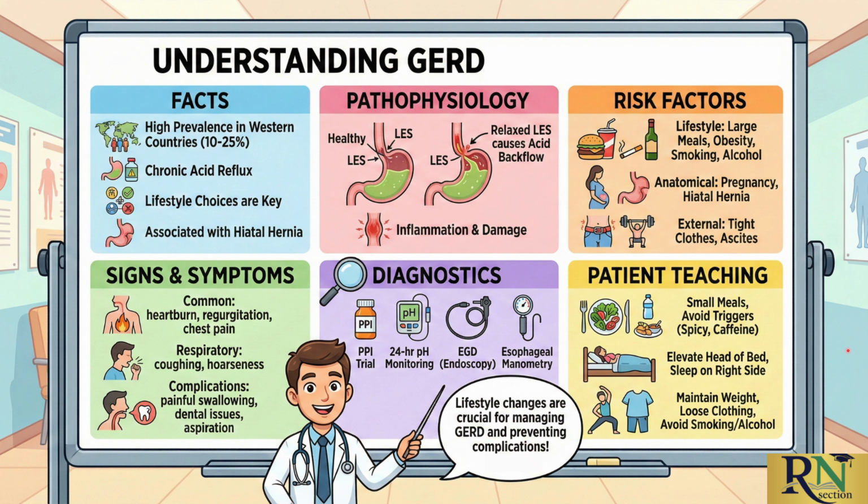The external factors are a tight belt or girdle and presence of a nasogastric tube. Signs and symptoms, common: heartburn, dysphagia, severe atypical chest pain, regurgitation, and belching. Respiratory: chronic cough, morning hoarseness, adult-onset asthma, laryngitis,